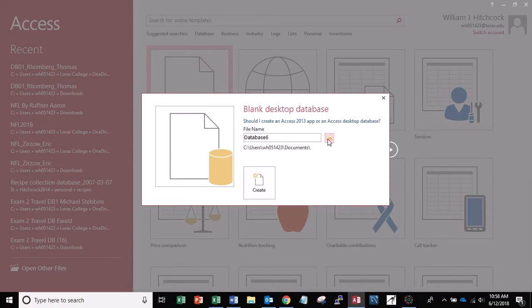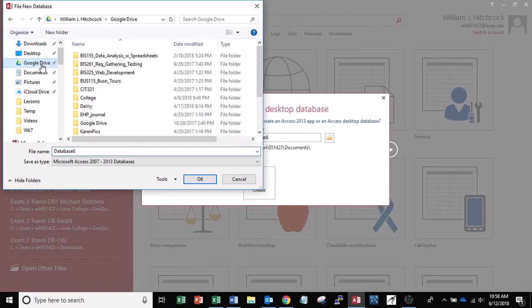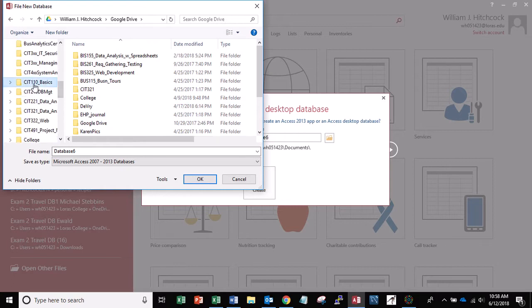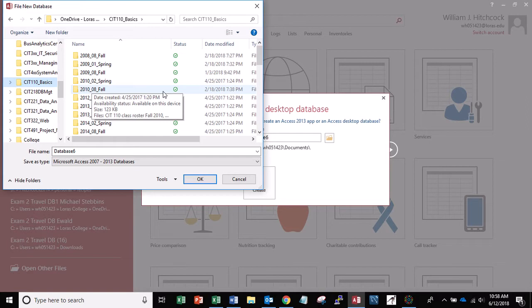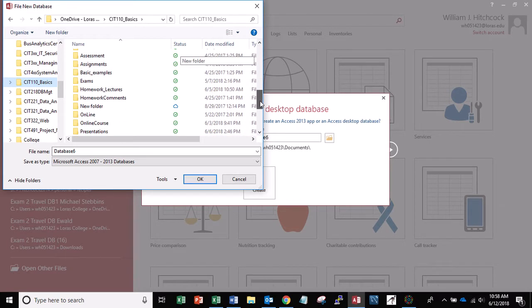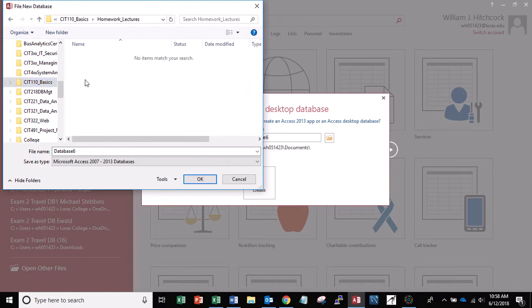So I'm going to click on the little folder here, where you can save it on your C drive. I'm going to save this on my Google Drive here. Oh, never mind. I'm going to put this on my OneDrive in my CIT 110 Basics class. And we'll put this in just a folder. Anyways, I'm going to give it a file name, and the important thing is we say something like contacts,